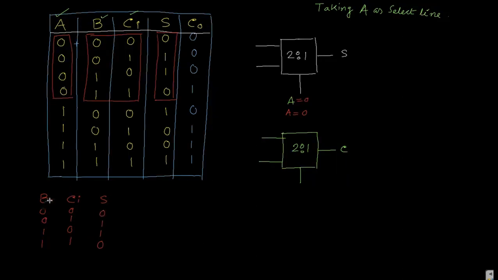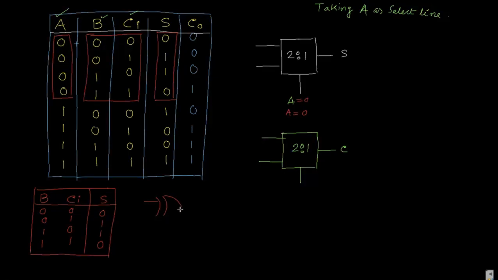If you look at this table very thoroughly, then you see that this table represents some logic gate. This is your input B and Ci, and S is your output. So taking A as select line and A as 0, if you consider B and Ci as input and S as output, this is nothing but the